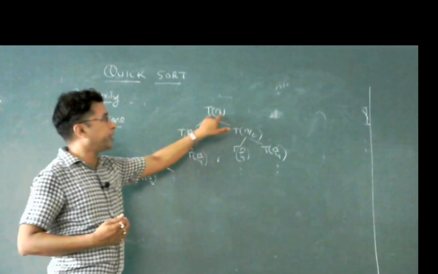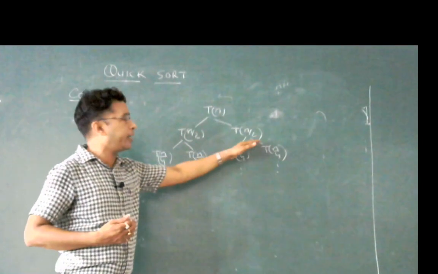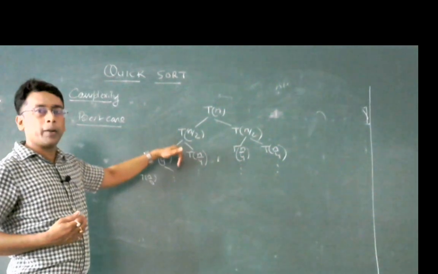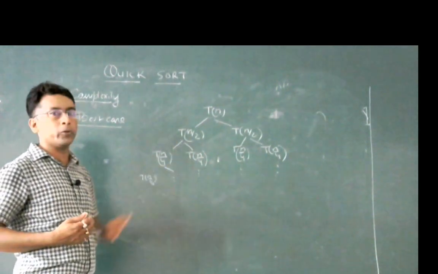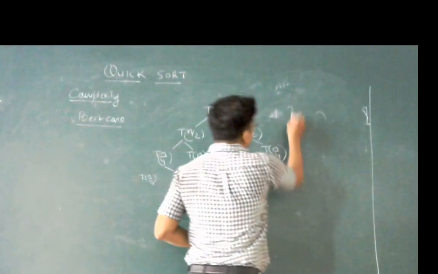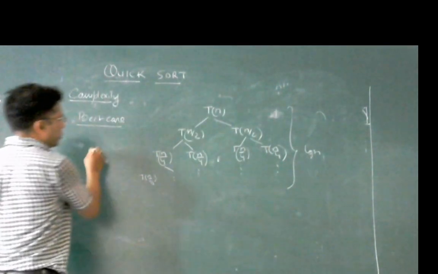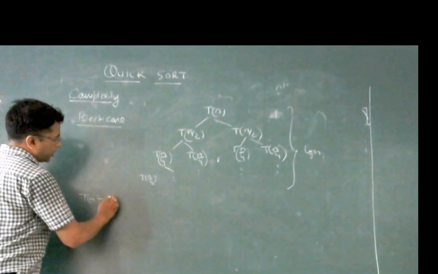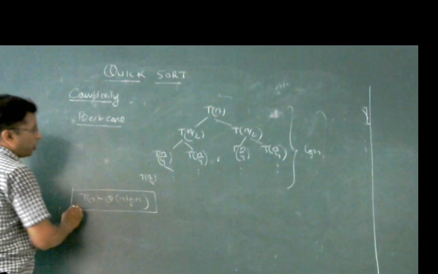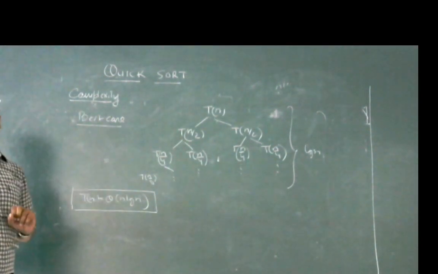For example, there are n elements and we have divided them into two subarrays, the left subarray with n by 2 elements and the right subarray with n by 2 elements. On further dividing, we get equal or balanced partitions, n by 4 and n by 4. This is the case of a binary tree, and in a binary tree we know that the height is equal to log n, and the final complexity in this case would be theta of n log n. So in the best case, it is theta of n log n.